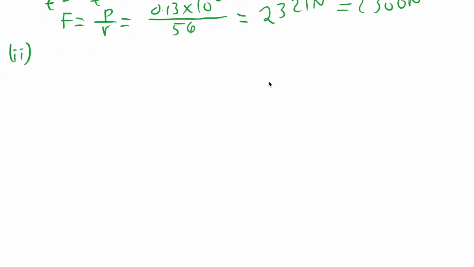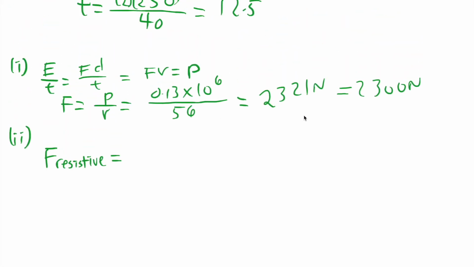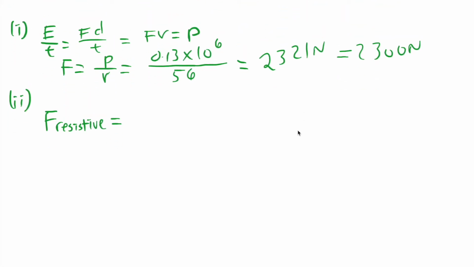So the resistive force is going to be equal to the answer we obtained here divided by 4. I'm not going to work this out, because we will use this, and the net force, or the accelerating force, is equal to